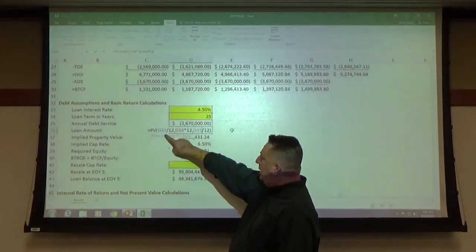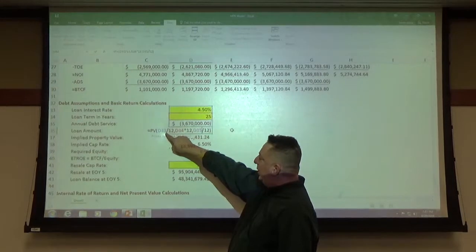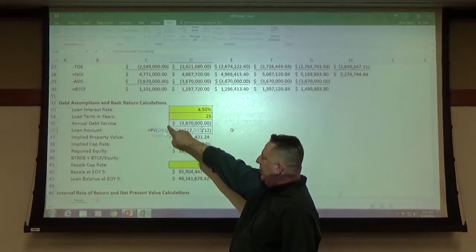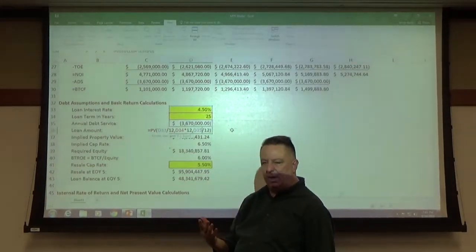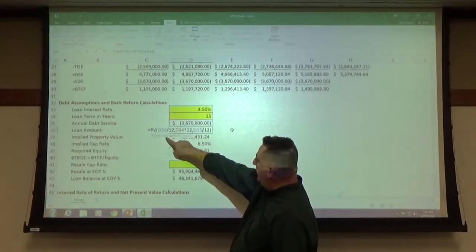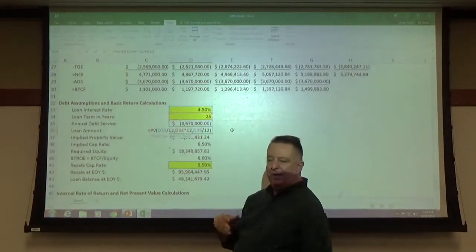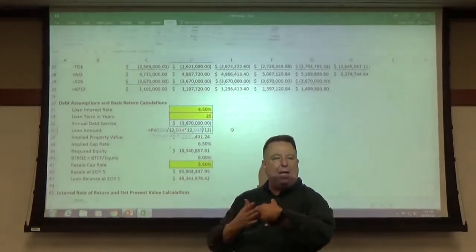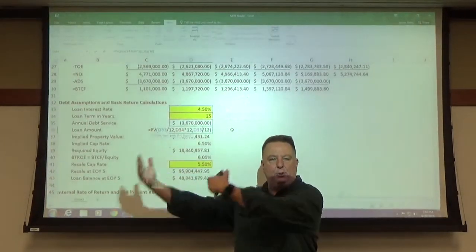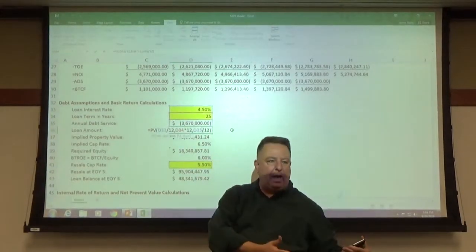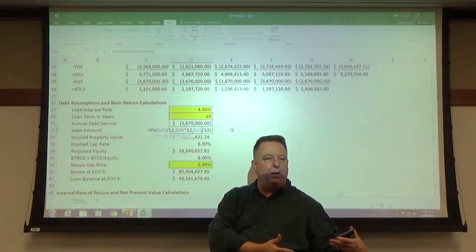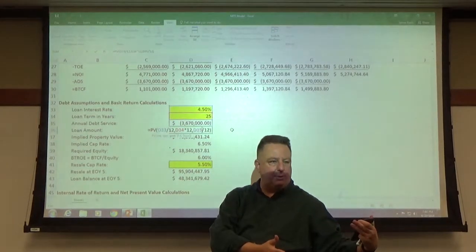And in Excel, the variables they've got up here, the first one represents what is the interest rate. And then we divide that by 12 to make it a monthly interest rate. Then the next one is number of periods. Well, that means how many months or how many years. So in this case, it's 25 years times 12 months in a year, or 300 months total.